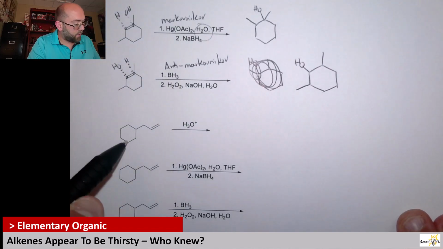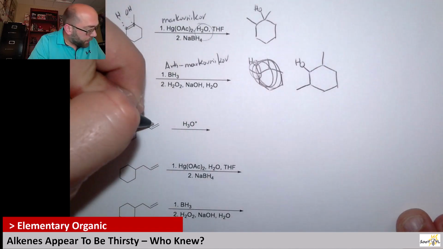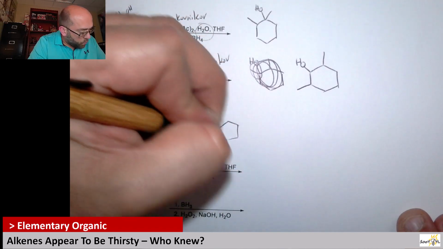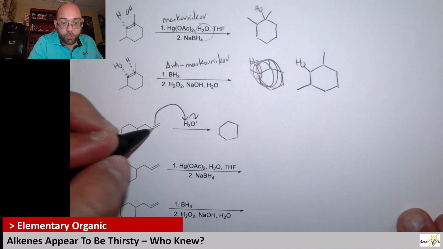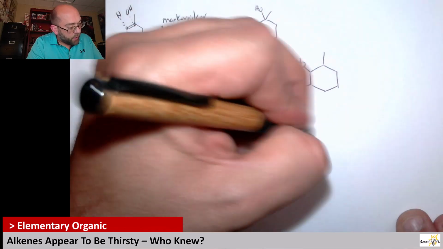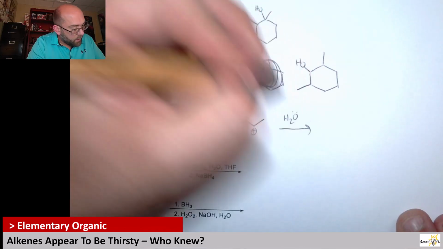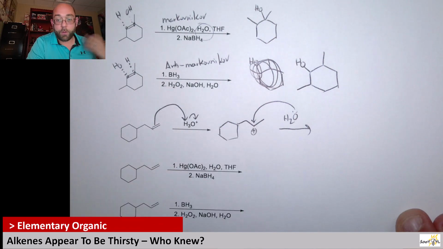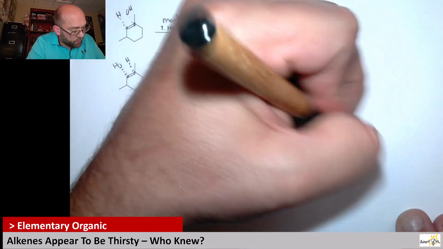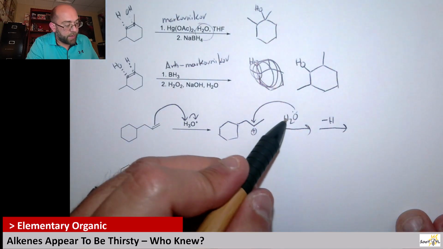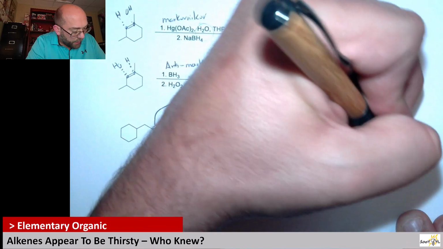All right, and then next up on this guy, we're going to get the pi bond attacks a hydrogen. All right, so when we make the carbocation, we should have a plus charge here. Then that means we're going to have water coming in, attacking that position. That is a trigonal planar carbon. And then I'm also going to just go ahead and say then we're going to deprotonate. So I'm going to take a hydrogen off that guy. So the products we're looking at for this,